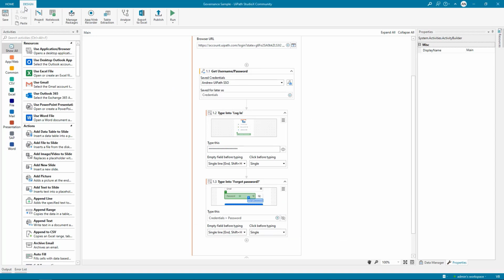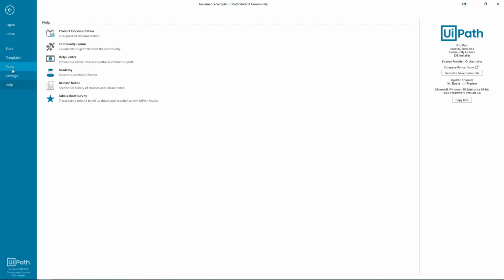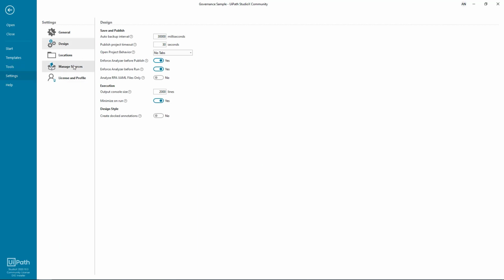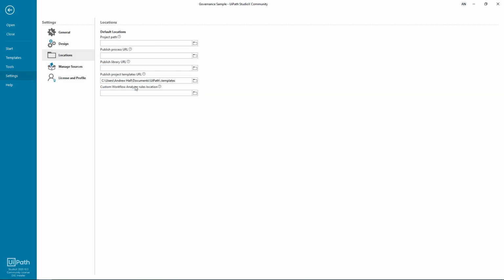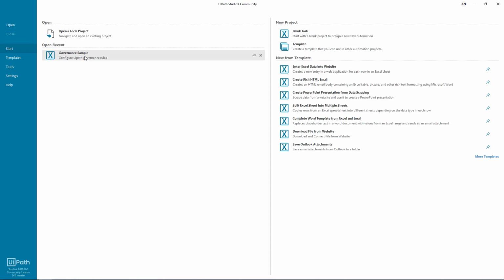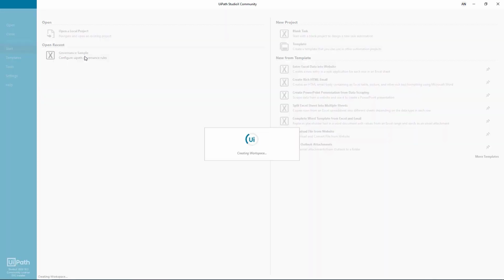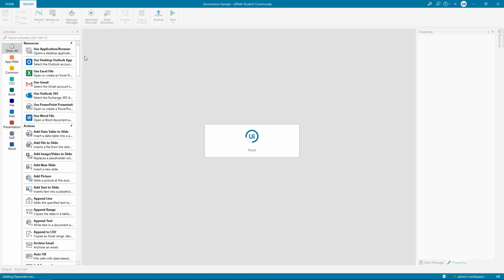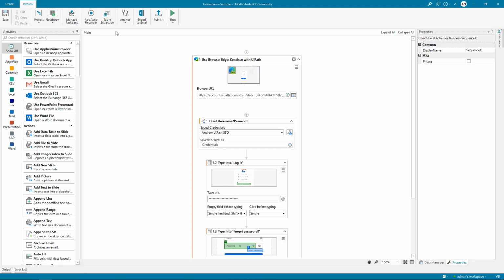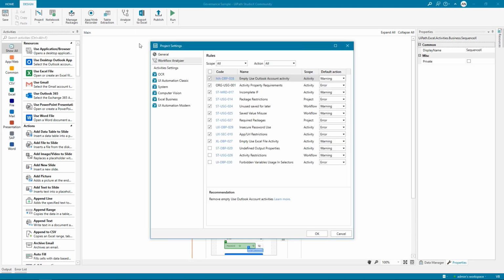The first way is to go here into my settings, say locations, and there's a way that I can load custom workflow analyzer rules from a path. And so I could, for example, provide a network share here. And what this means is that when the project loads, I have to close the project and reopen it to get these settings to apply. When I open Workflow Analyzer, I can see now that it's loaded this extra rule, this org